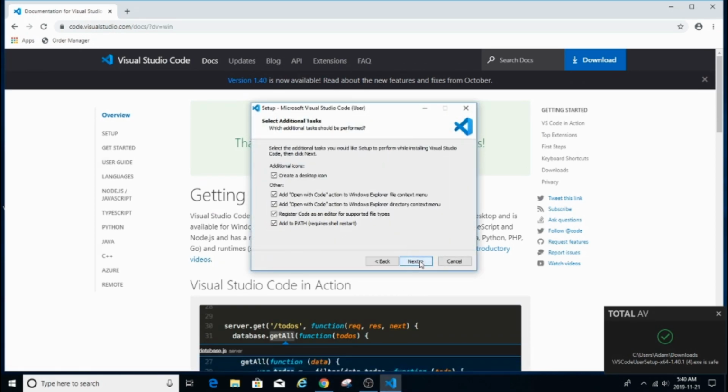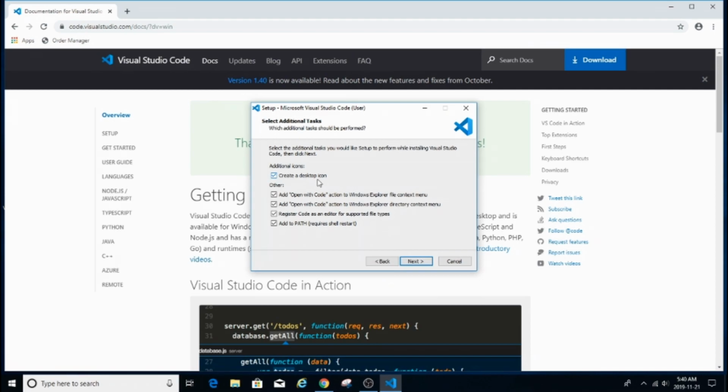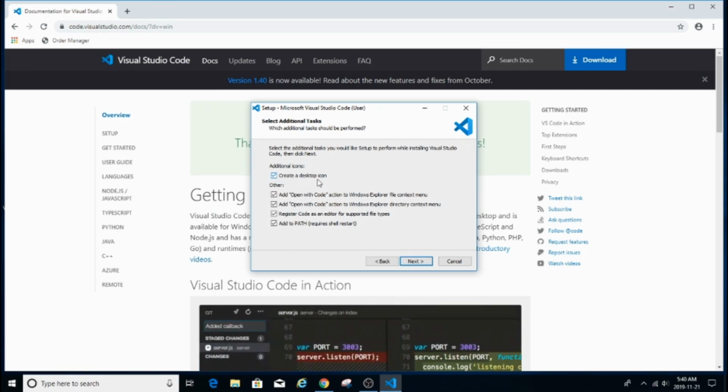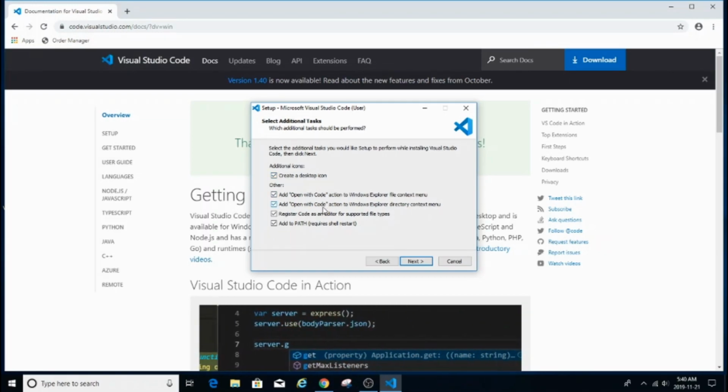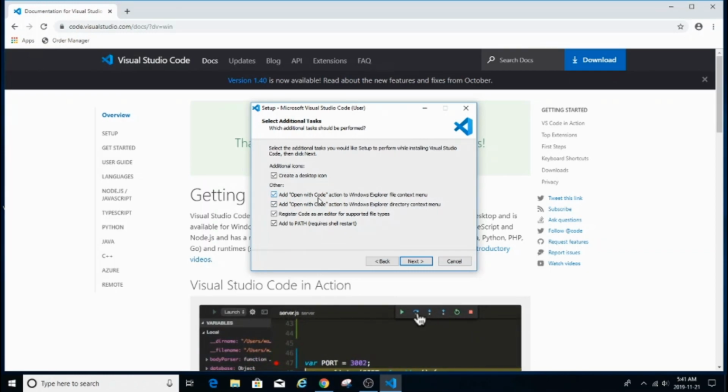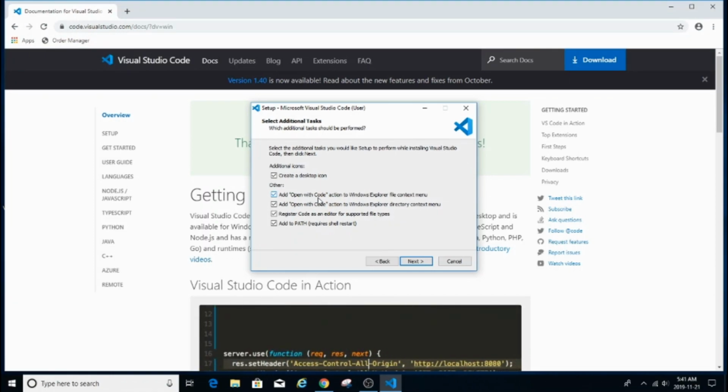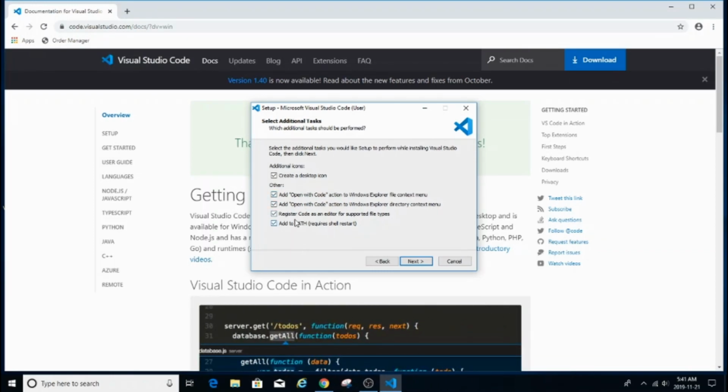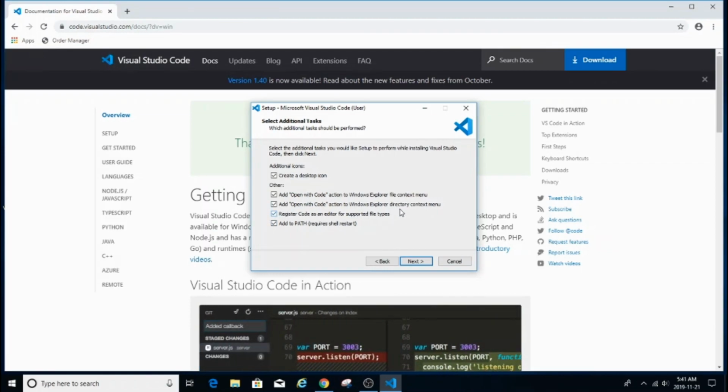Accept. Next. Here it gives you a few options. I would click all of them, but it's up to you. So first one creates a desktop icon. The second one allows Visual Studio to add its Open with Code feature, which is a really useful feature in my opinion. This is actually one of my favorite features about Visual Studio Code. It just allows you to right-click on a folder and directly open up Visual Studio Code. It's very convenient. This is my favorite editor, so I would click register as the editor for supported file types